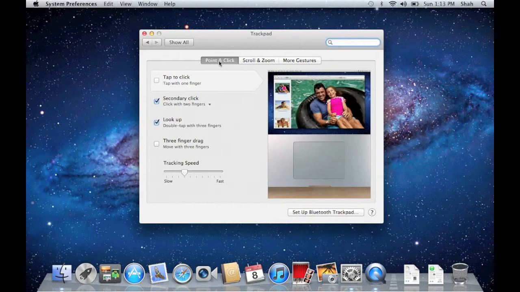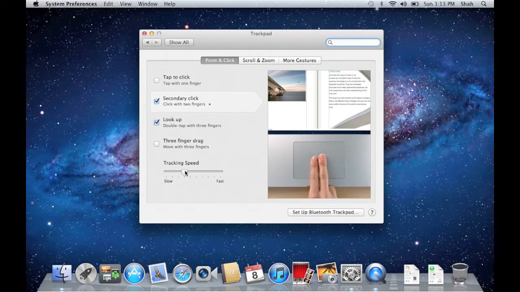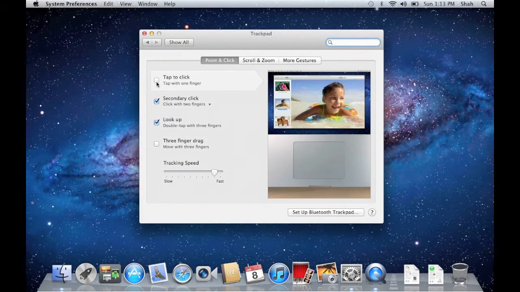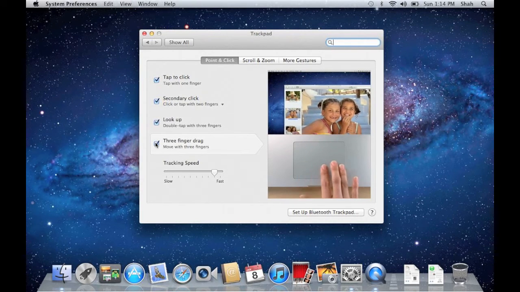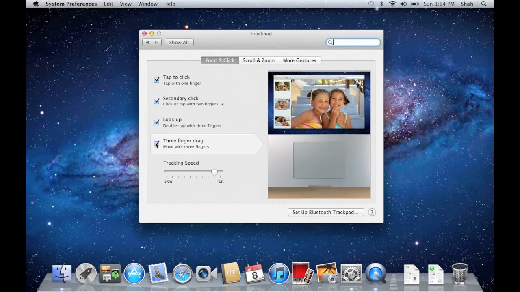Change tracking speed to fast and make sure Tap to Click is set. Now I can just click by tapping on the trackpad. Tick 3-finger drag. Now you can drag items by using 3 fingers.